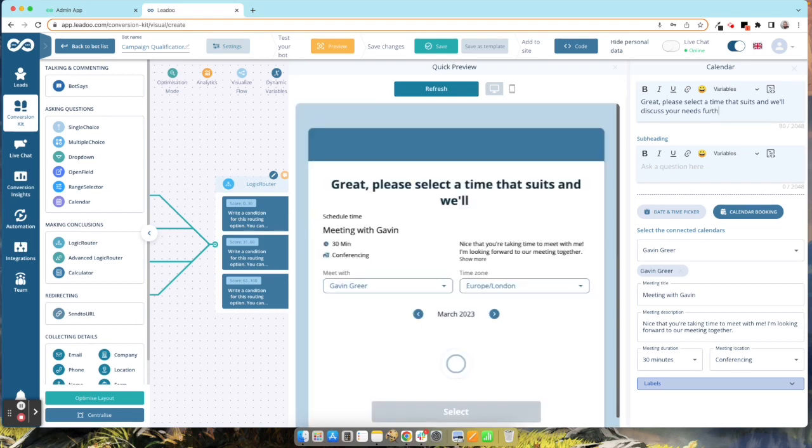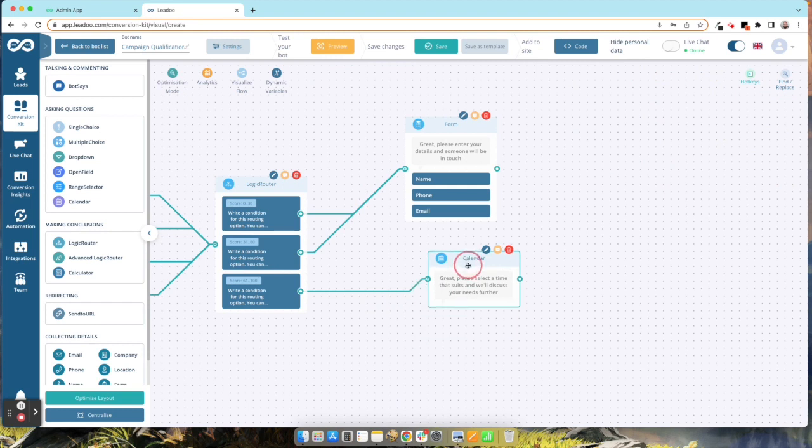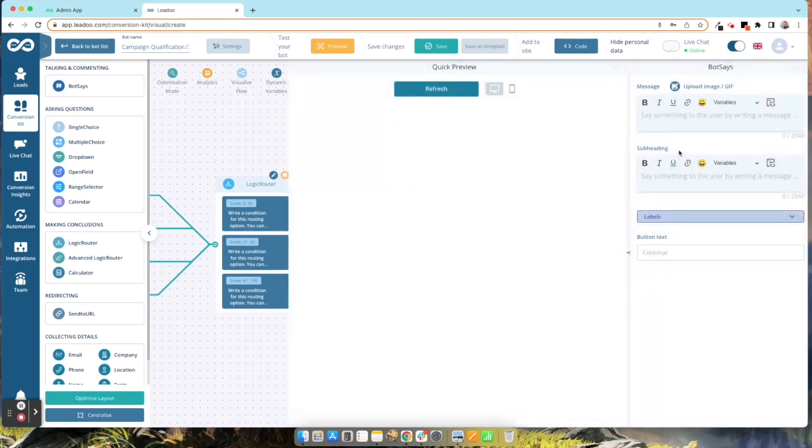Something like that. We want to just gate the calendar for the more high end clients, and then from there we can add in a bot says, which is just a basic sort of